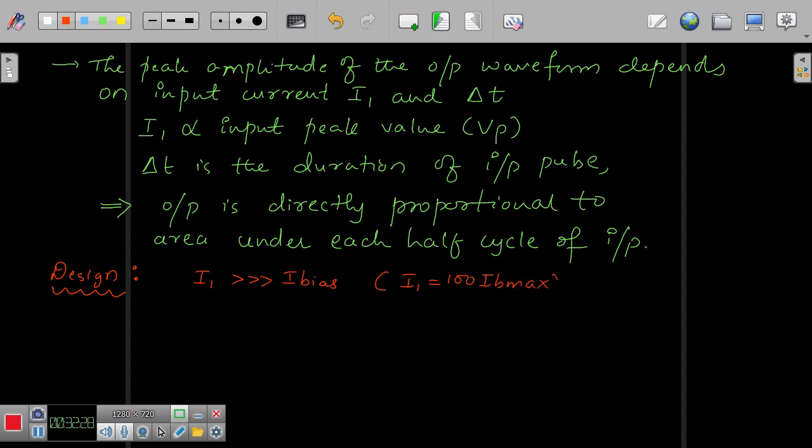These are all common points which you have to keep at the back of your mind. As long as you have used your BiFET op amp or IC741, your I1 is approximately 100 times the IB max, right? Now for constant charging current,